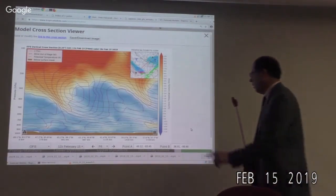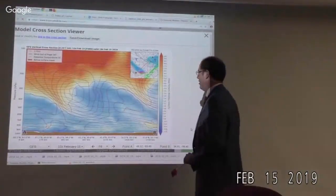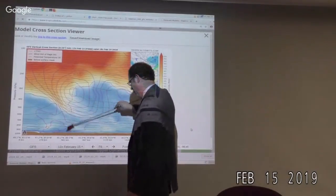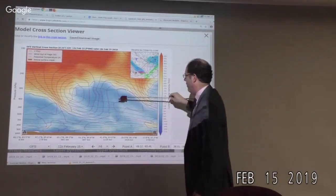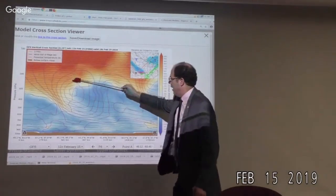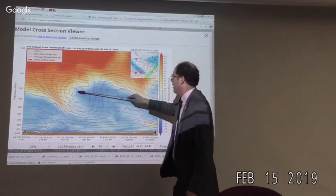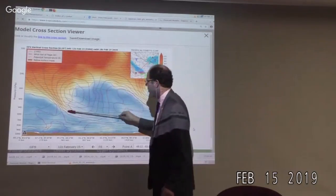Okay, so to get you set, this is north, this is south. So what a beautiful cross section. There's two little pendants of PV. This is the one I think we were aiming for, over about 45 degrees north. So green is theta, every 5 degrees. The isotachs are in meters per second, I think. Is that right, or is that knots? That's got to be knots. It's not. And then in purple, and then the PV is colored in with the 2 PVU isoline, I think,